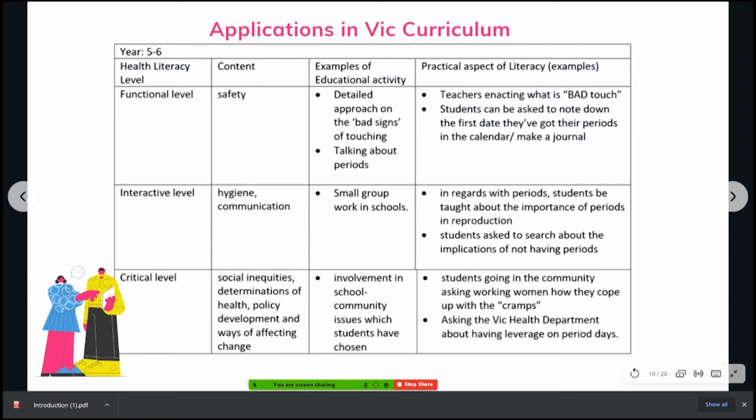Interactive could be how exploring reproduction through the modes of periods will take place and the implications of not having periods. The critical aspect would be asking working women about their cramps, how they cope up with the stress in the setting of the office, and asking